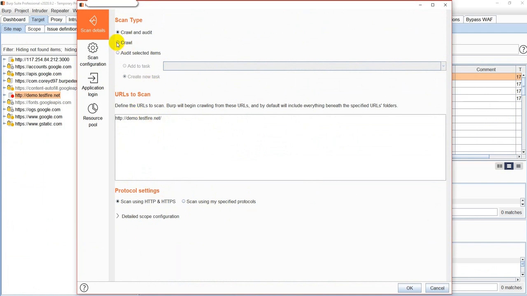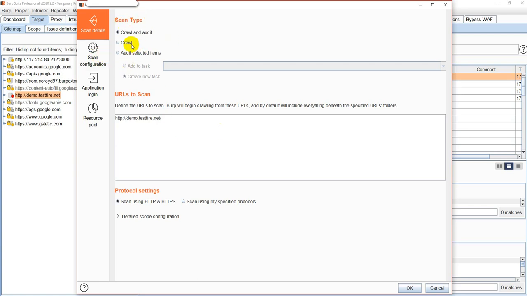I usually perform a crawl operation first and check the URLs which are in scope and which are not in scope. Again, a good time to give you a warning: do not scan any public website without proper permission. You need to have permission to perform a scan. These videos are all for educational purposes, do not take it in an offensive way. It's purely for learning. Okay, so yeah, you could perform this crawl and audit.